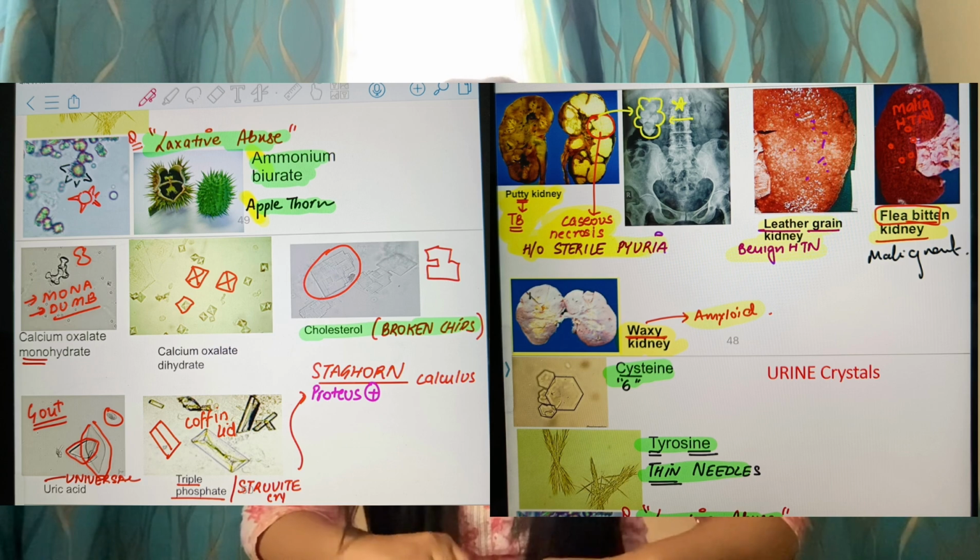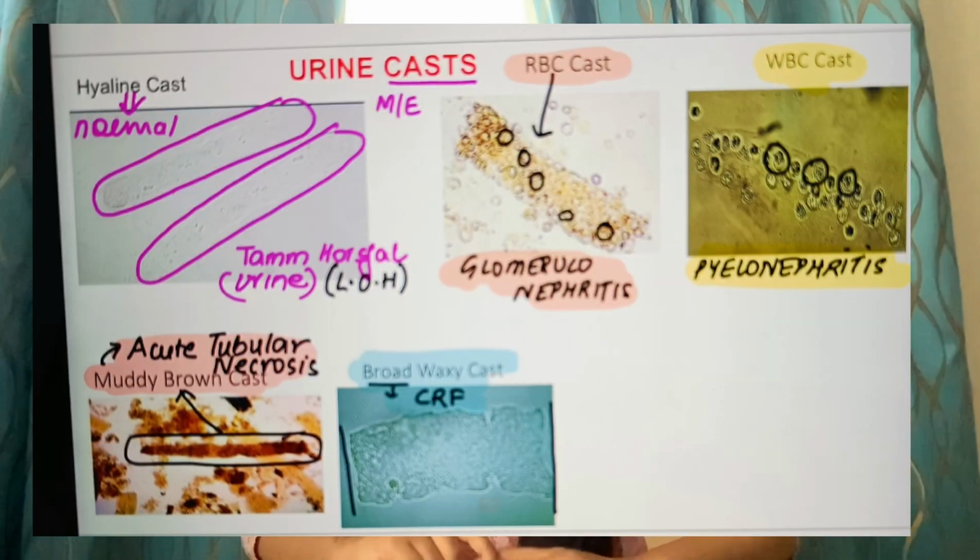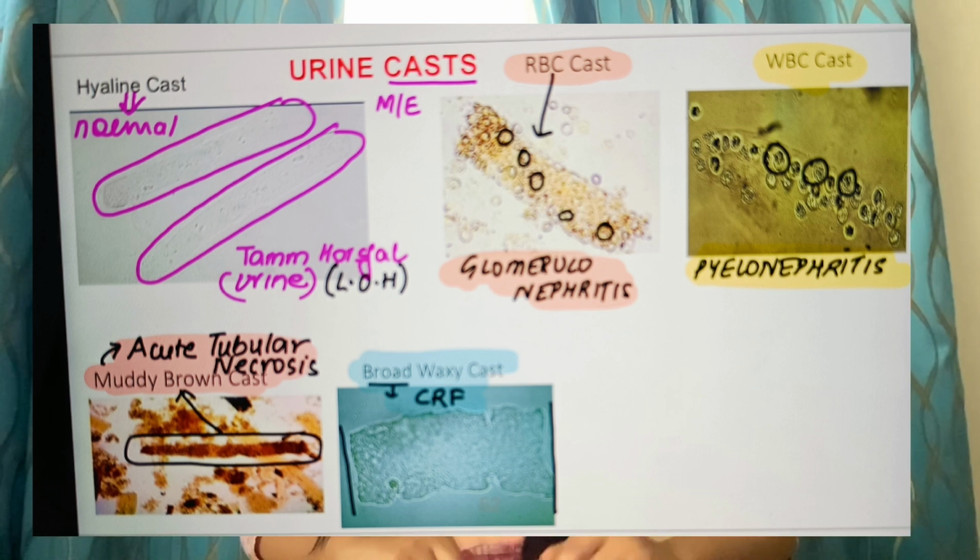Any shape it will be uric acid, fine. Cast, there is a hyaline cast. Hyaline cast will be transparent and it can be increased in anyone. And also hyaline cast, what will be Tamm-Horsfall protein, and also it's formed in Henle's loop, right?